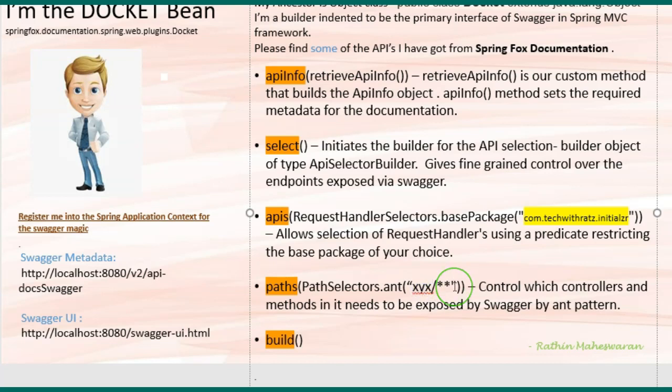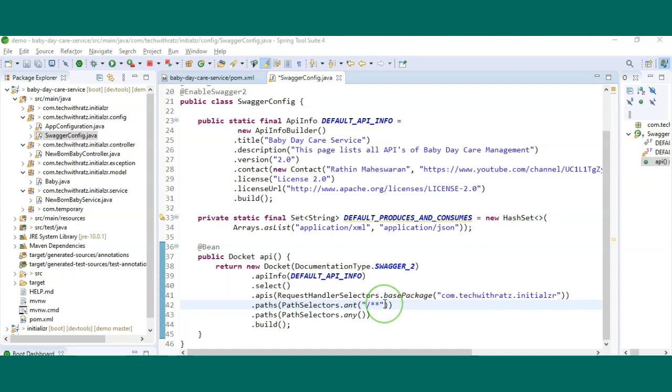And star means you are telling Swagger to expose all the methods residing inside the controller with a pattern XYZ. Here we are specifying to expose all the controllers to Swagger. If you want to restrict a particular controller, you can specify the request pattern of that particular controller. For example, users or something like that.